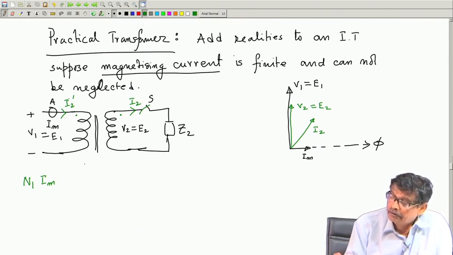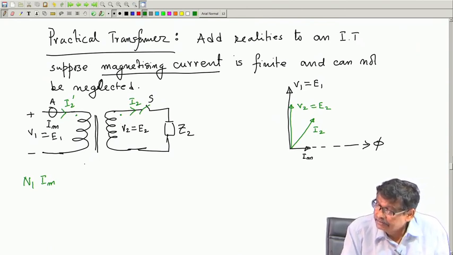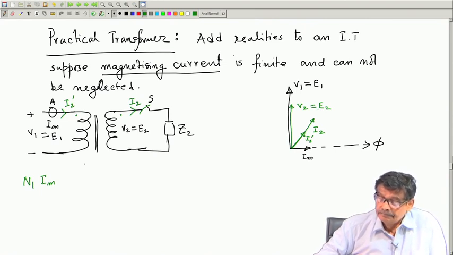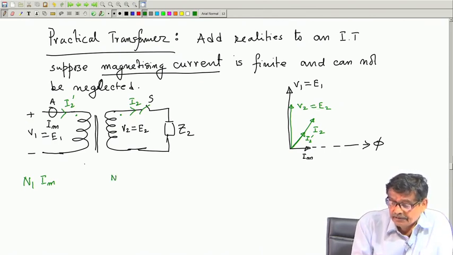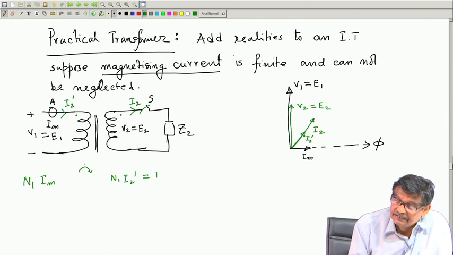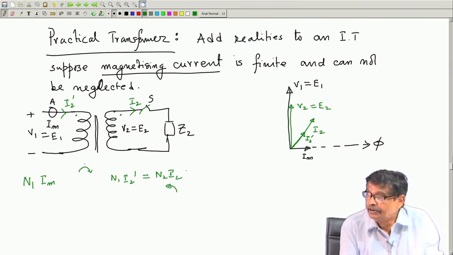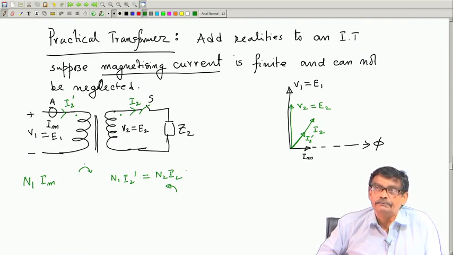I have assumed the low voltage side to be this. So, I 2 dashed will be of lesser length, the high voltage side current is less, I 2 dashed. And I 2 dashed is such that N 1 I 2 dashed, which produces flux in the clockwise direction, and N 2 I 2, which will produce flux in the counter direction, they will balance off, and once again the MMF will remain N 1 into I m.